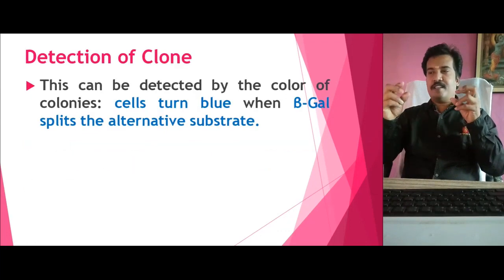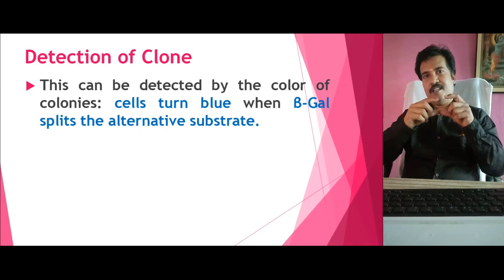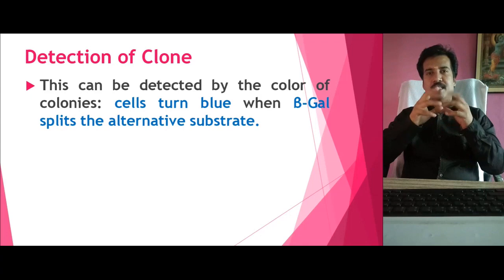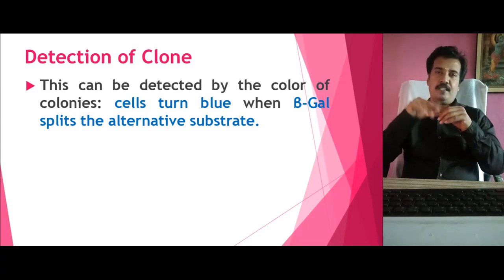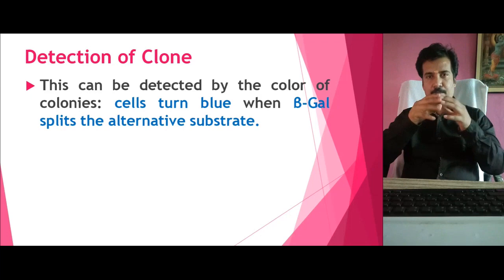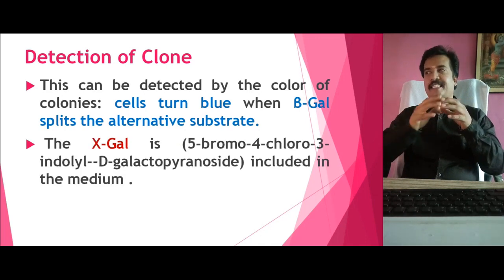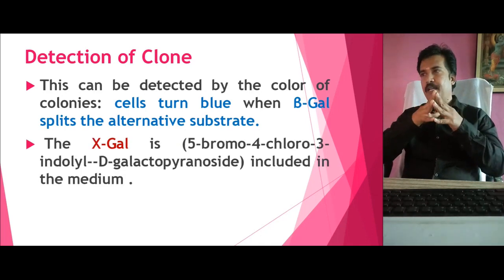If I insert a foreign DNA into the host cell, and the LacZ gene seems to be intact, then the foreign DNA is not inserted. If the LacZ gene is disturbed, then it is considered that a foreign DNA is inserted. How can it be identified? It can be easily identified after insertion into a host cell, if I grow the bacteria in a medium carrying a chemical called X-gal. X-gal is nothing but a chemical called 5-bromo-4-chloro-3-indolyl